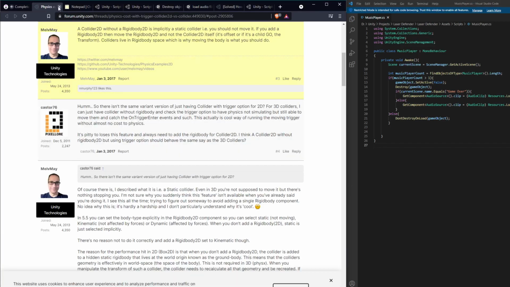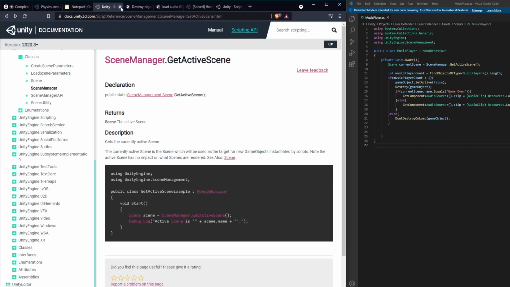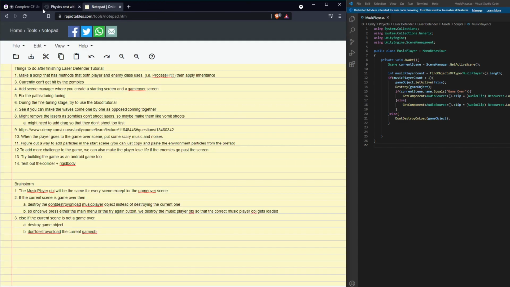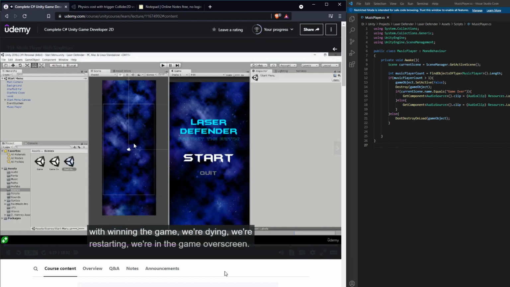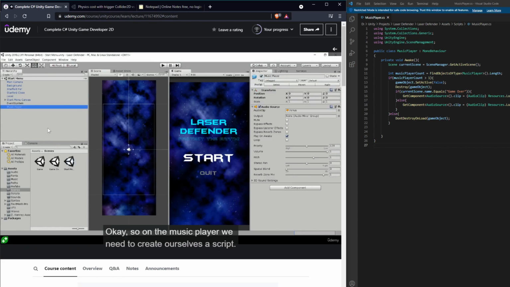Through my scenes, you might want to have your start menu have a different track to your game. That is fine, but for me I just want to have one throughout, because it's a very start-stoppy game. We're in the game, we're dying, we're restarting, we're in the game over screen, so I don't want different tracks for those particular steps of my game. Okay, so on the music player we need to create ourselves a